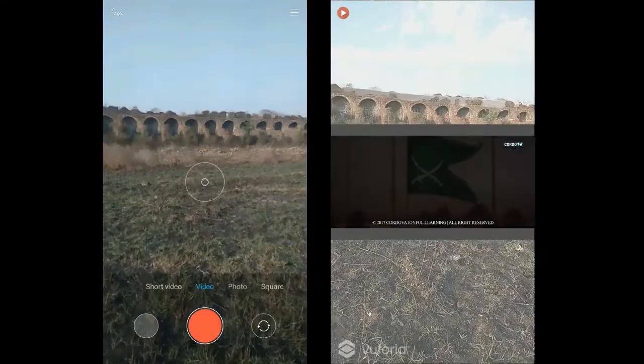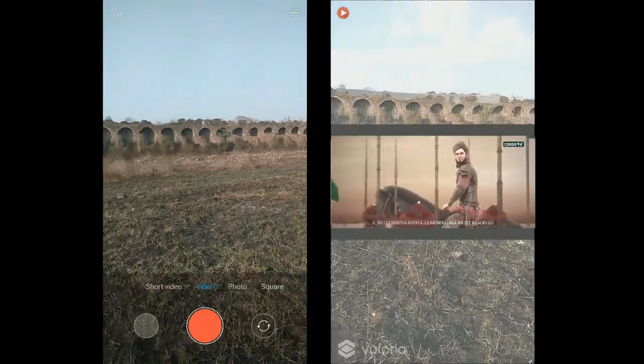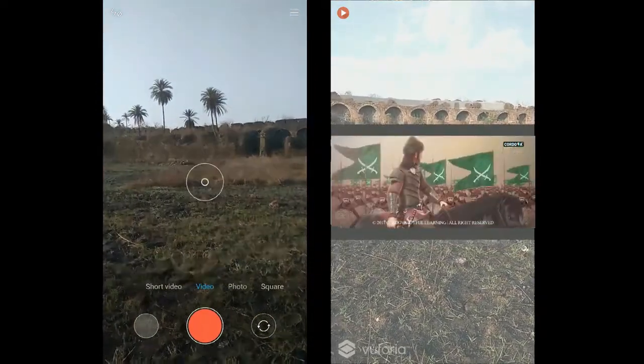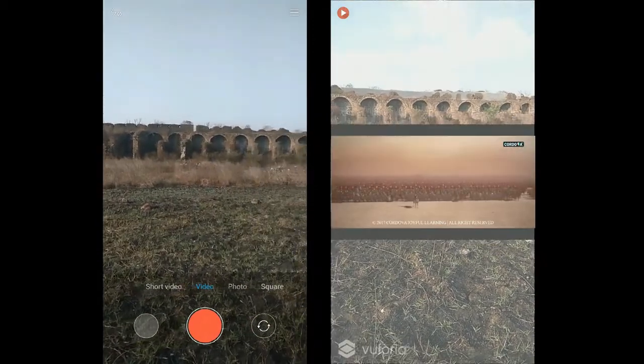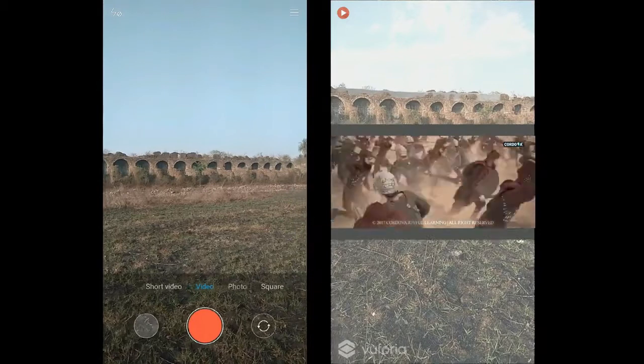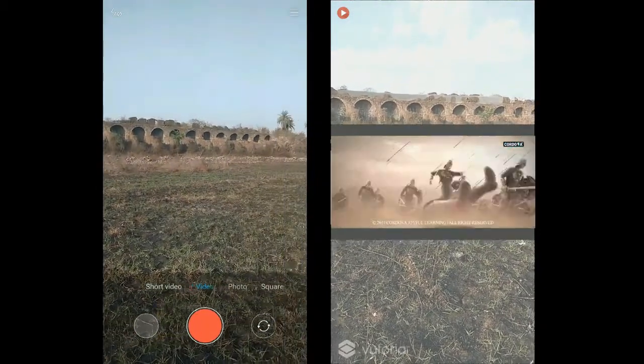Story mode. This is an interesting feature. On the top left corner, you can see the orange button, which is disabled initially. But as soon as we point our camera to a particular structure or location which has relevant graphics or videos, it gets enabled. And after pressing it, you can enjoy the feature.